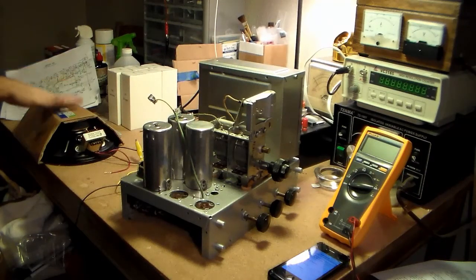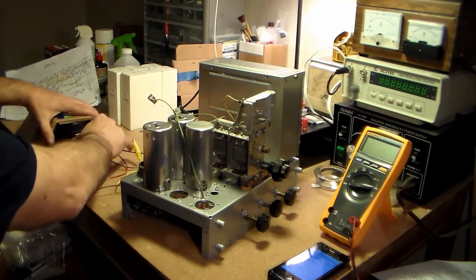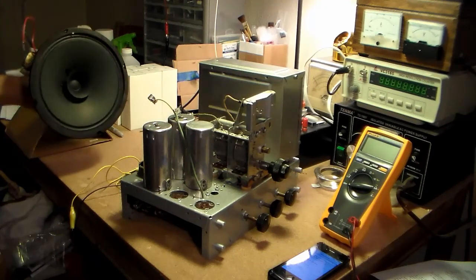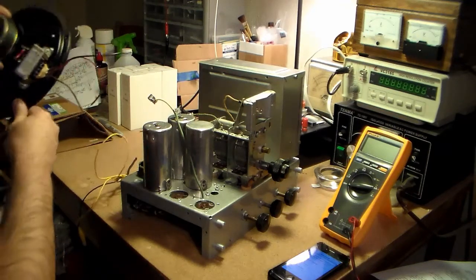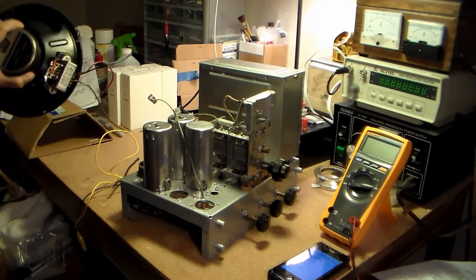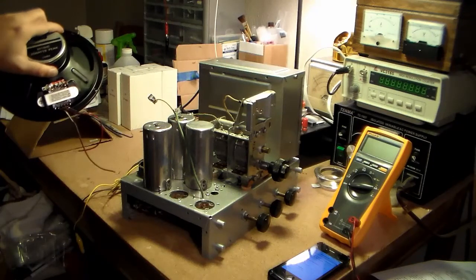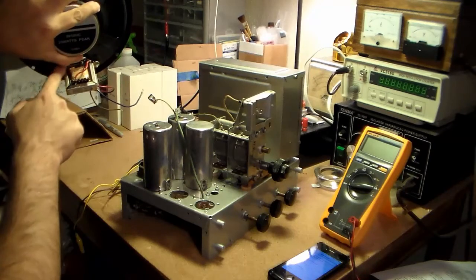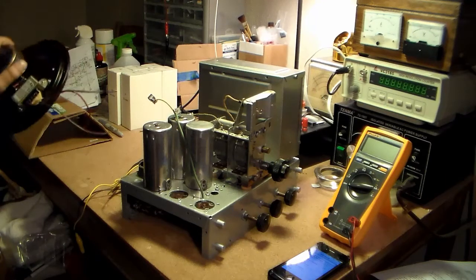I finally got my parts in, got the speaker in and the transformer. Not a big deal, just a basic 8-ohm speaker, but the good news is that the Hammond transformer fits on it, upside down of course. Lucky me, the positive and negative on here didn't match up with the transformer lugs. But anyway, be that as it may,